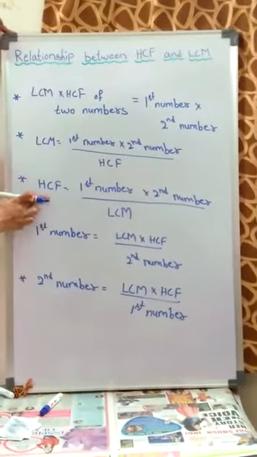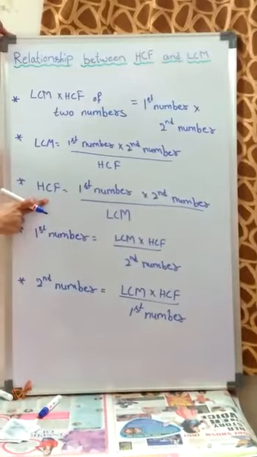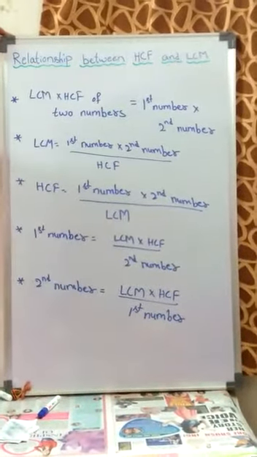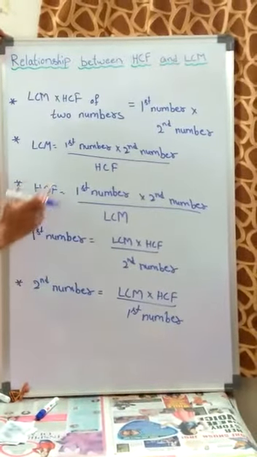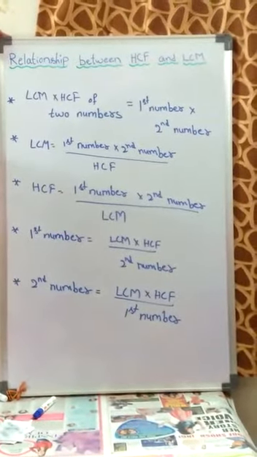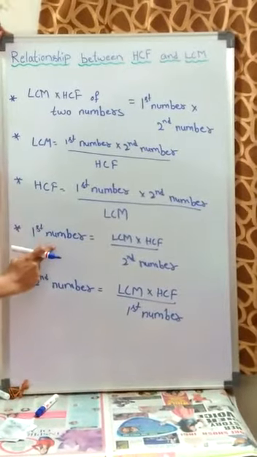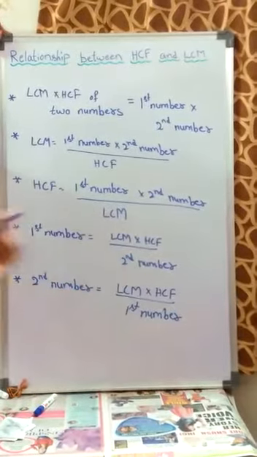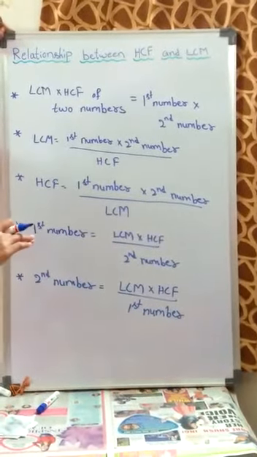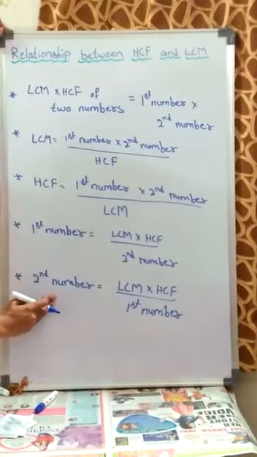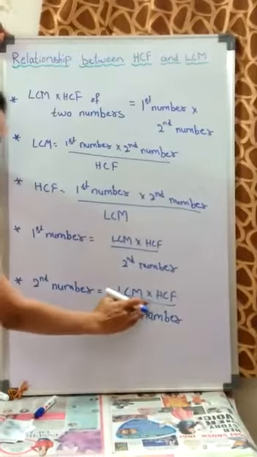Suppose we want to find the HCF, the formula is first number into second number divided by LCM. And if LCM and HCF are already given and they are asking you to find one of the numbers by giving the other, then in that case first number is equal to LCM into HCF divided by the second number. If the first number is given and they are asking you to find the second number, then the formula is second number is equal to LCM into HCF